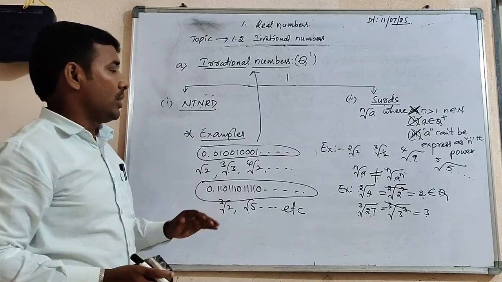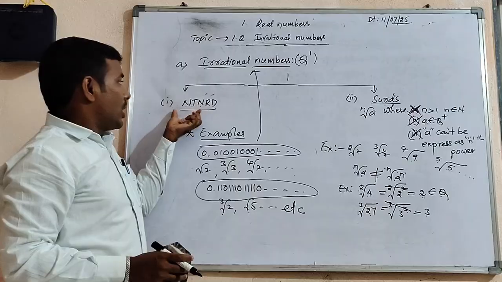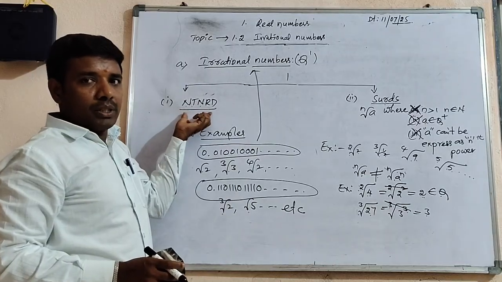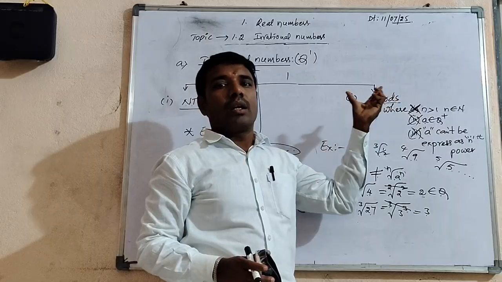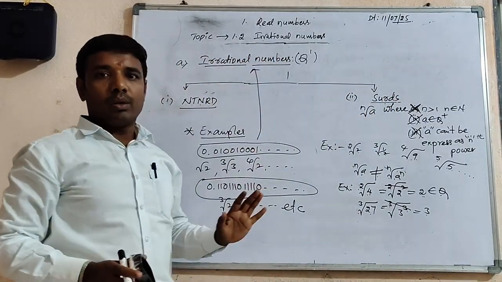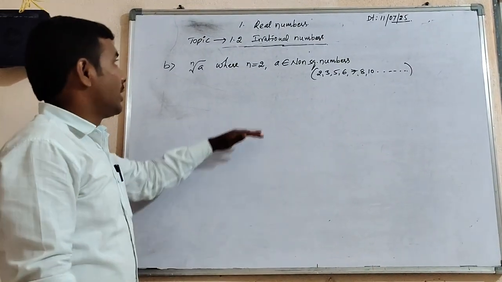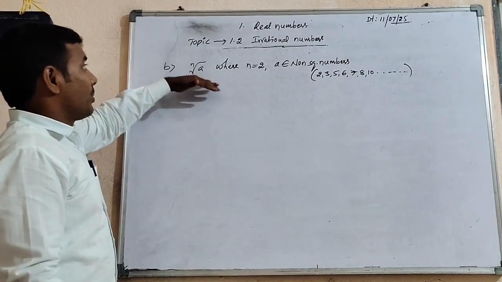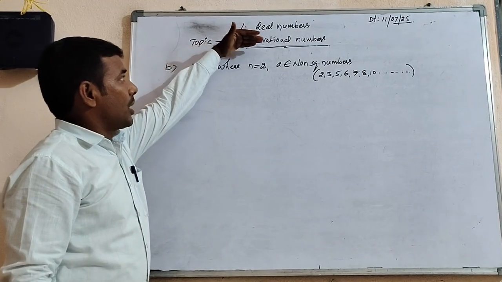Last and final, the union of non-terminating, non-repeating decimals and surds are known as irrational numbers. Okay? Students, next, I told you in the beginning, under the title 1.2 irrational numbers,